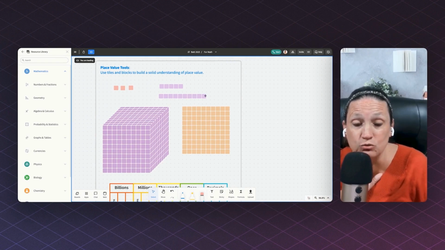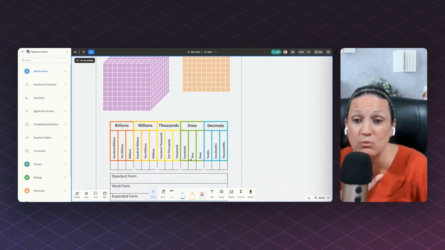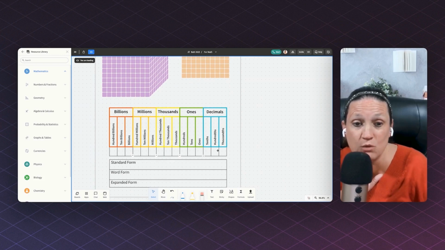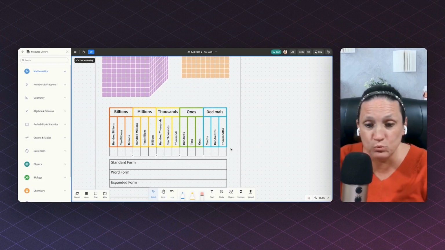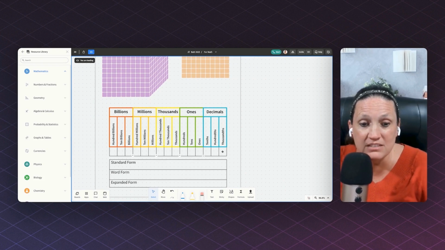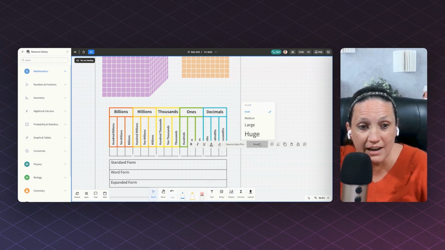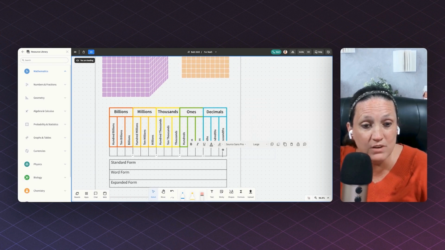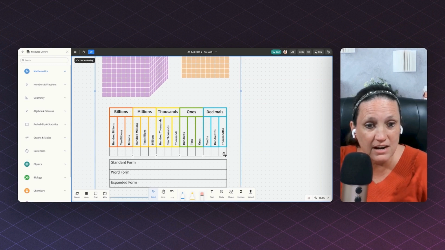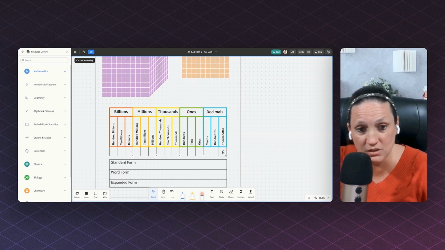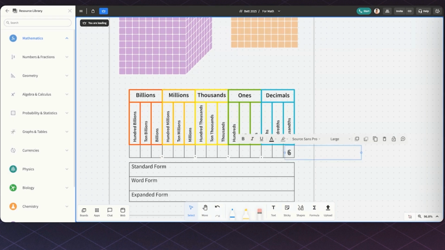So when kids are learning all about the different place values, we have our place value cubes, but then we also have this chart that we can build on. So I don't have to write this every single time. I can begin to just enter in the information. There's a text tool that's right here. So when I click on the text and I put the text here, I can choose the size, then I can move it on up. But let's say I put a 6 there, I can move that to the spot that I want it to, right? So this specifically is the thousands place, but I just wanted to show you how I can easily type that in,